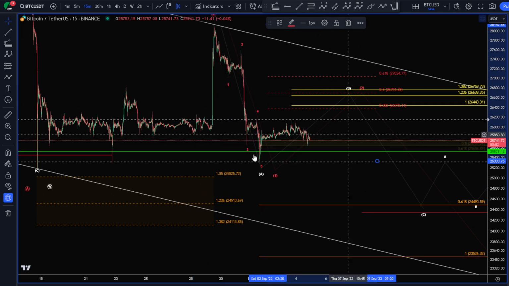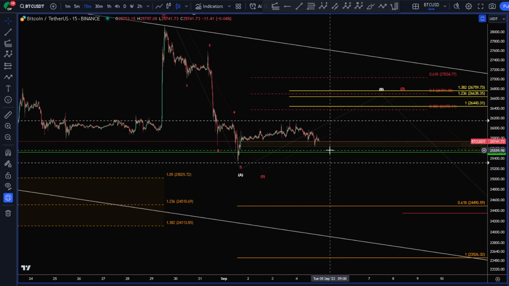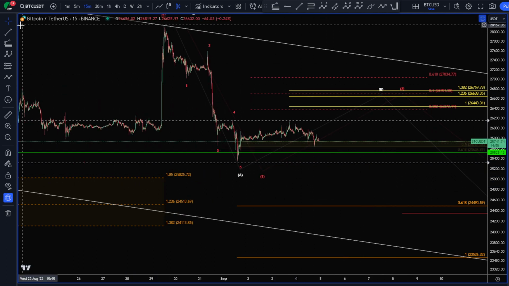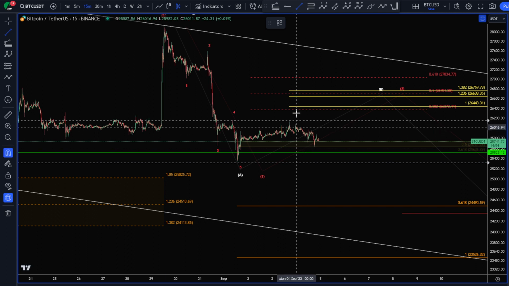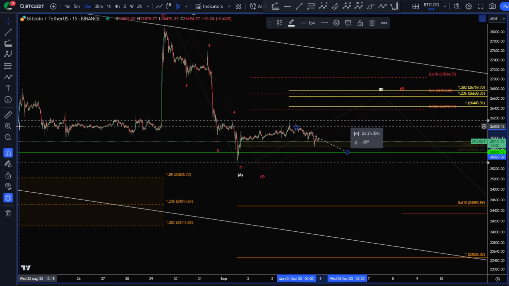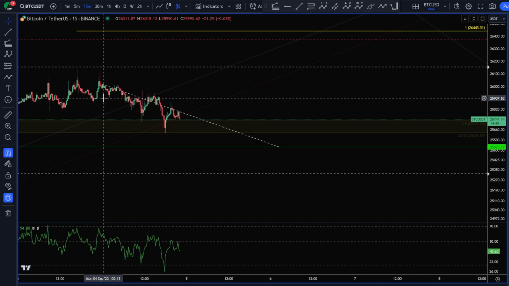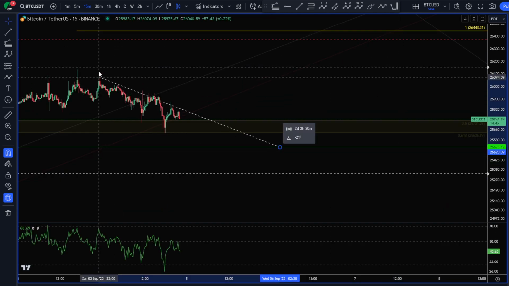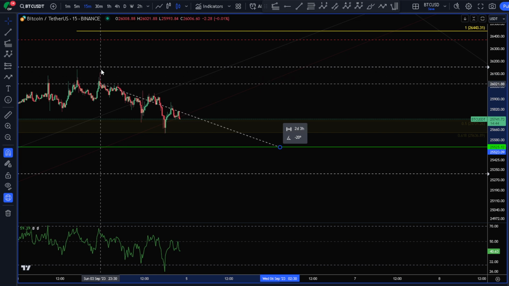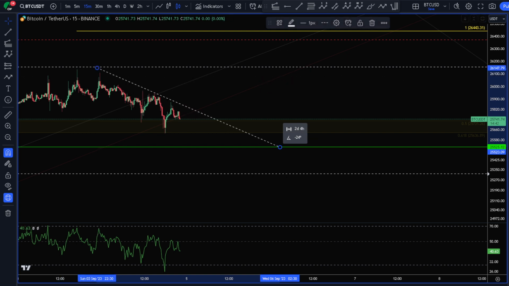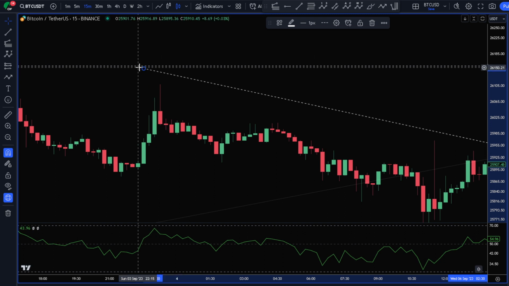So indications of this ABC wave coming into play is we'd want to take a trend line here, run it down, like so, right on the pivot.